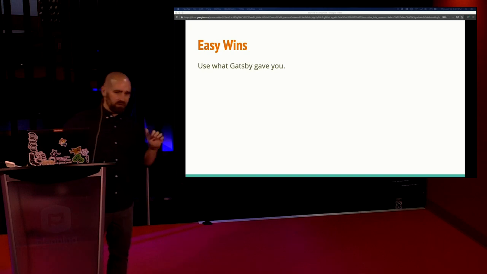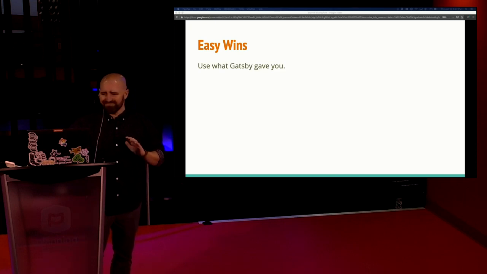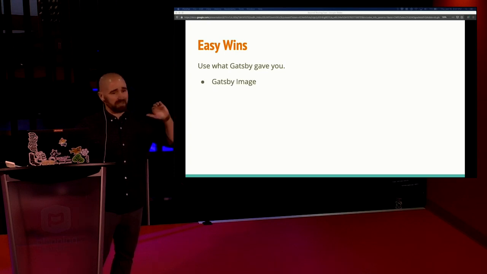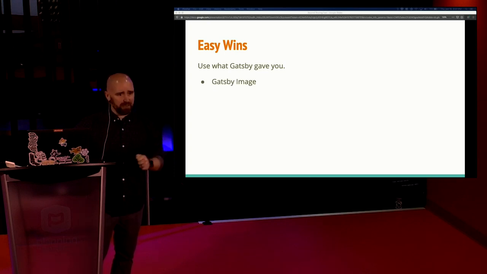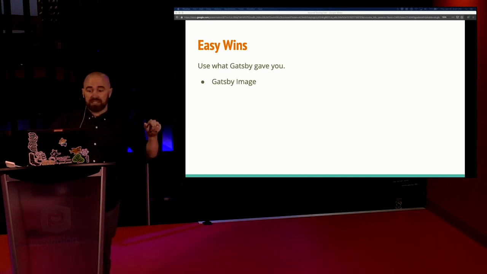Like I said before, I went through a number of Gatsby sites. A lot of the free performance that you might get from something like Gatsby Image. So those of you who have used Gatsby, have you used Gatsby Image? I got a nod, and then everyone else who thinks I can't see them on their phones in the dark. Okay. So Gatsby Image is one that I see people sometimes not using. I see these giant bloated images that could easily just be put through